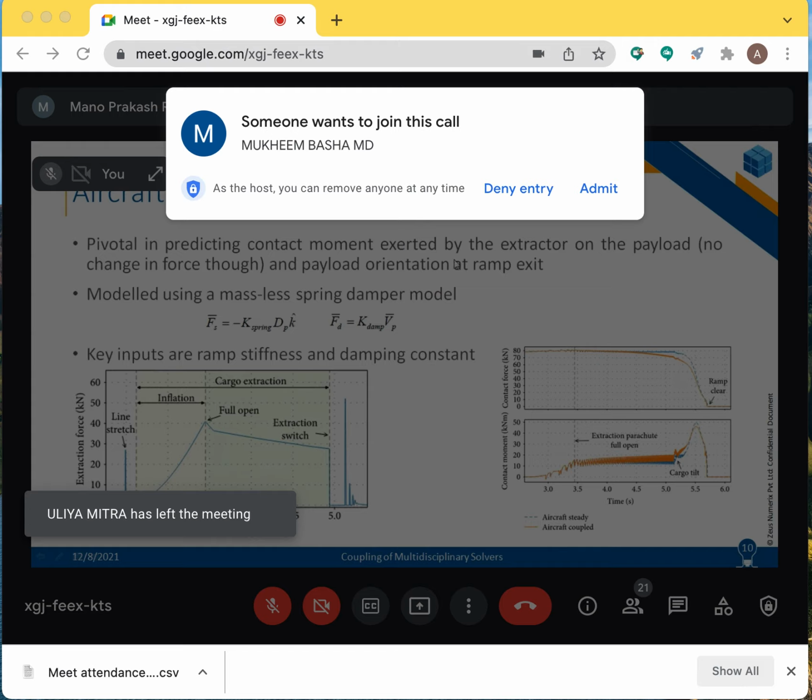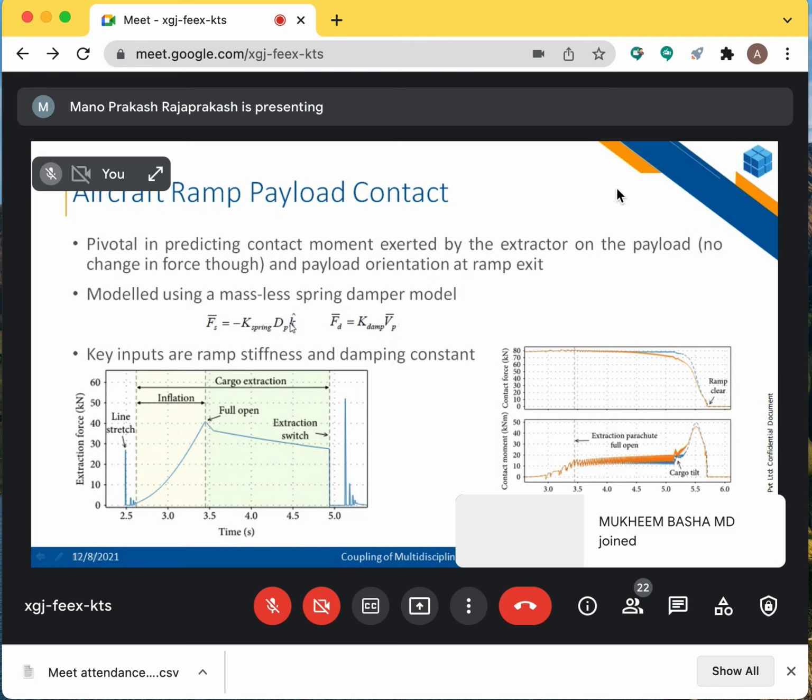Now, as I previously told, each and every active node is represented as a massless spring damper model. When I say massless spring damper model, I am going to have forces that arise from the spring as well as the damper. As you see here, this K is the spring constant, and this is the penetration depth. Whenever a node is penetrating the ramp surface, there is going to be a spring force.